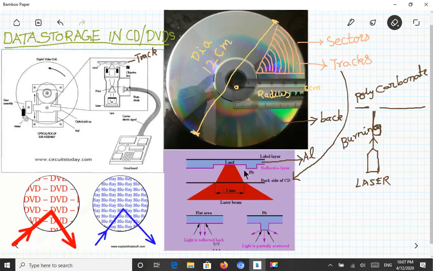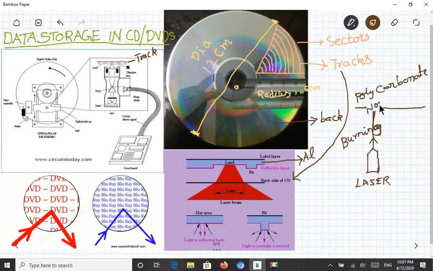That affected layer is called a pit. It is also taken as a reverse layer, as land or pit. Either way, this will etch the surface or it will get oxidized. So there are two ways of burning. Either it is etched, which means it digs away the surface, or it adds an oxygen layer to it, so that it becomes non-reflective.